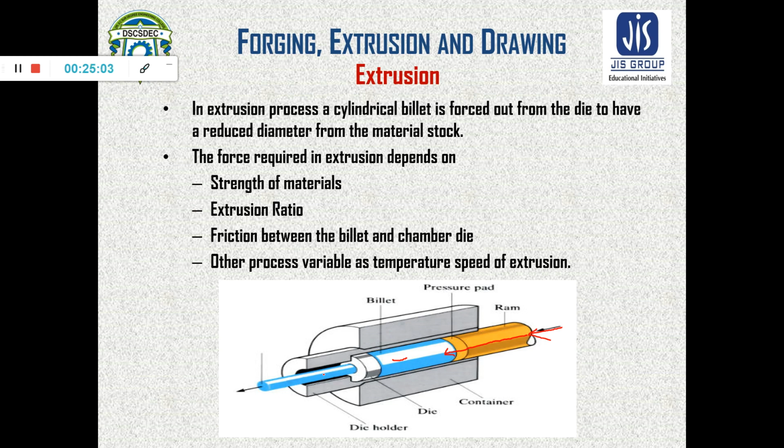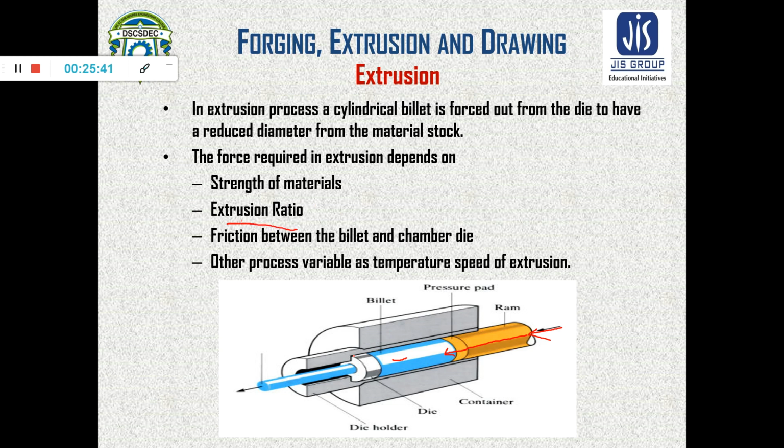We give some force at the back side, and by giving that force, the material bulk is forced to come out from the opening, which is very small. So this is how extrusion works, and the force required for extrusion depends on the strength of the material, the extrusion ratio, and the friction. Extrusion ratio means